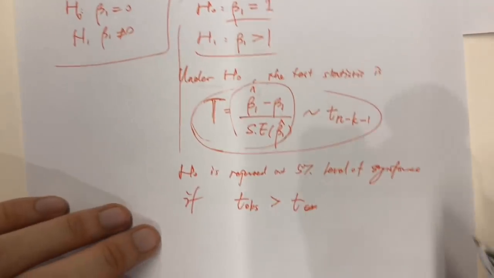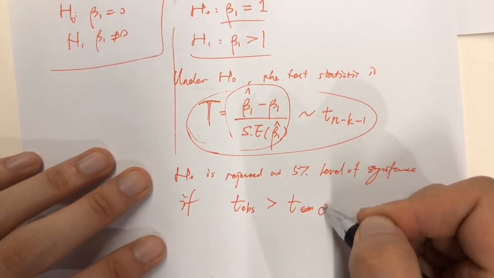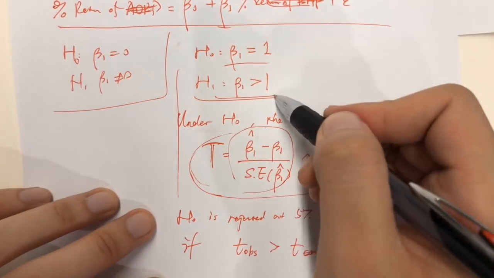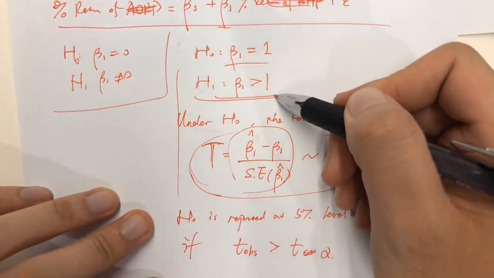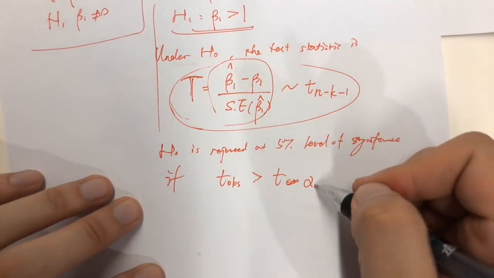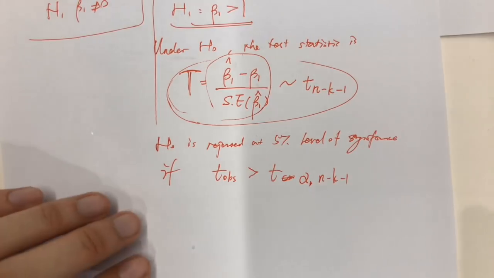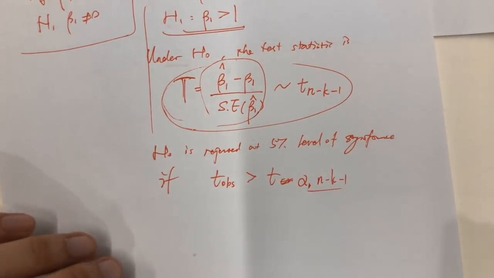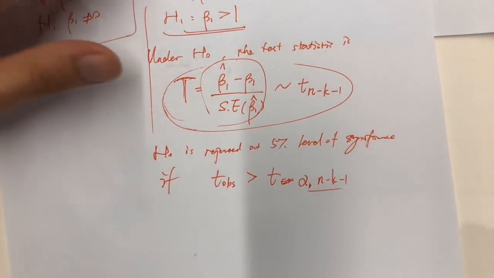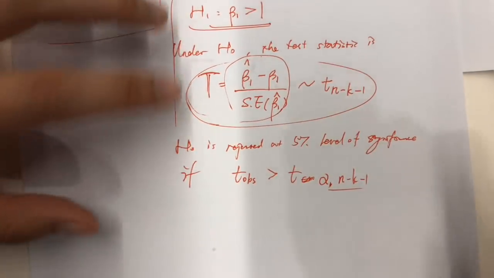So the t critical should be t alpha, because this is a one-tailed test instead of a two-tailed test, okay? So this is a one-tailed test, alpha, and the degrees of freedom is n minus k minus 1, okay? So we will later figure out what is n, what is k, and so on, okay? All right, now,